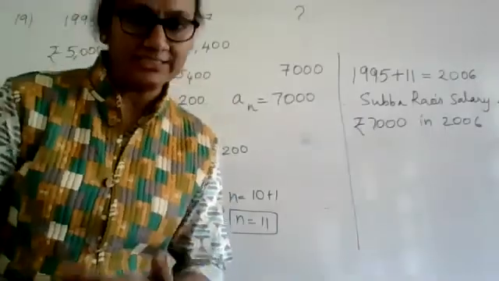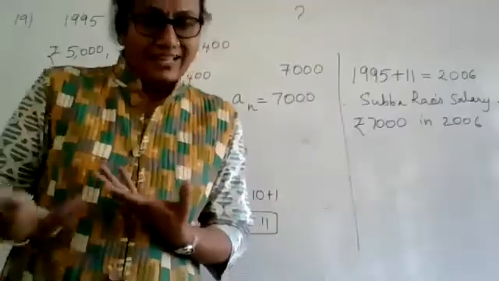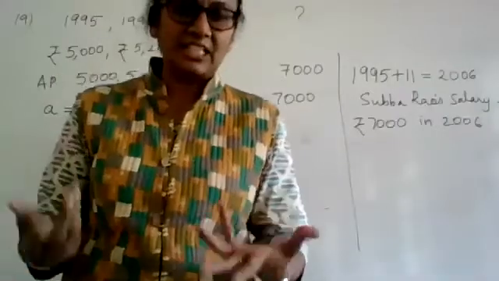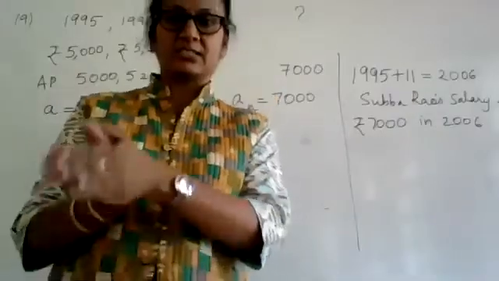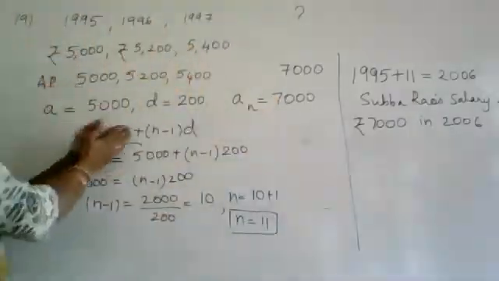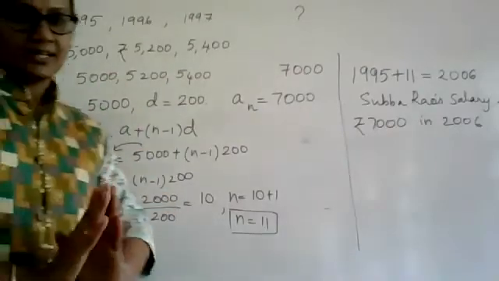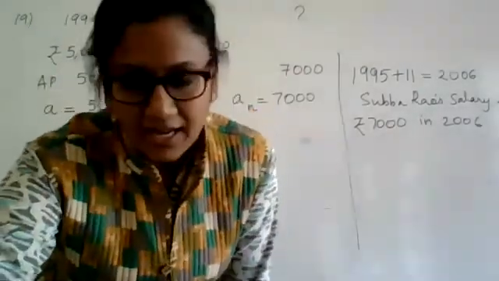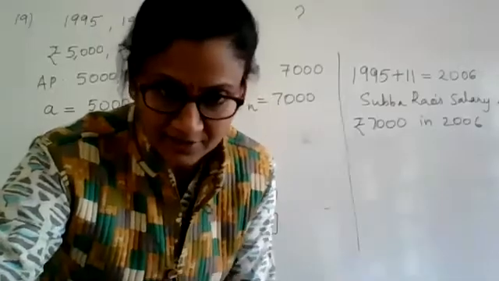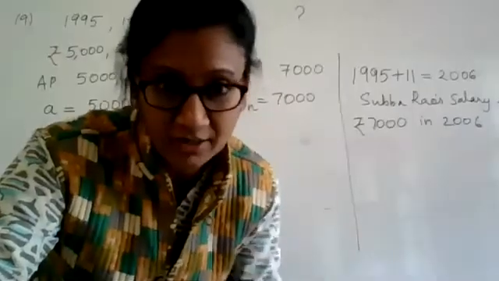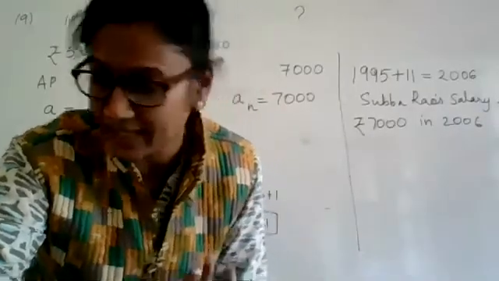We will move on. Just convince yourself, go through it a number of times. It is only the word which is misleading. You have to reach a certain salary. He starts from 5,000 and when he is reaching 7,000, 11 years are completed. All right. So this is how you have to consider it. I am in a little hurry, my dear children. This is not at all a very important thing to discuss. Maybe we will take it up one more time later on. First, try to convince yourself with the way it is done.